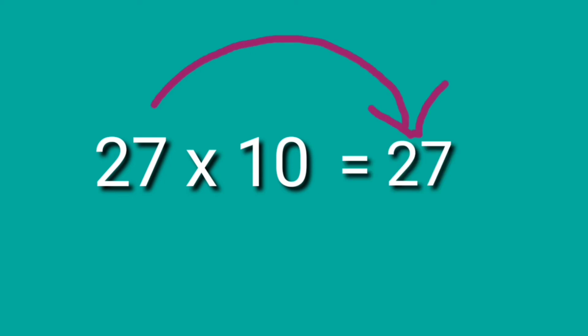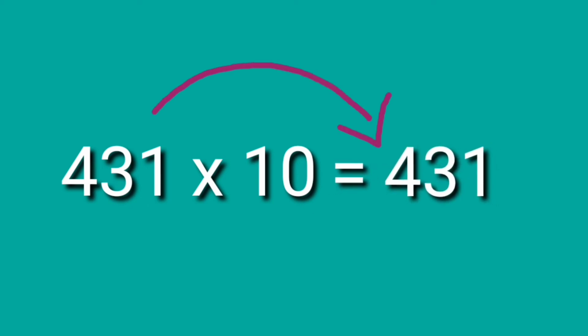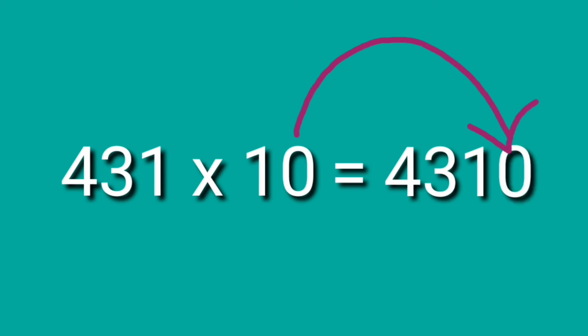Okay, let us try one more example. Multiply 27 by 10. First we need to multiply 2 by 1. Then we need to multiply by 10. We need to put a 0 to the right of this number. Here is the answer 270. Okay, let us take one 3-digit number. Multiply 431 by 10. Here also just ignore the 0 of the 10. Now we get 1. Multiply 431 by 1. Then very easy, simply put a 0 to the right of the number. 4310.